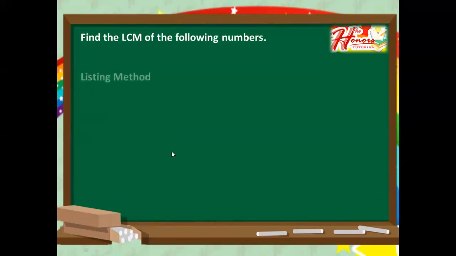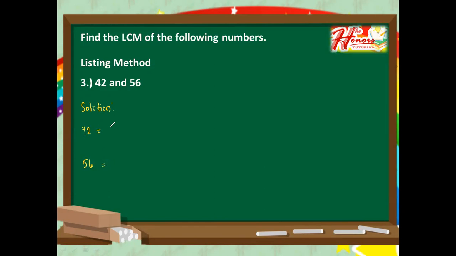Next, we have here 42 and 56. So let's write our solution. Let's write the given vertically. So that's 42 and 56. Kindly do this skip counting. Let's start with 42. So we have here 42, 84, 126. Then let's proceed with 56. So we have here 56, 112,